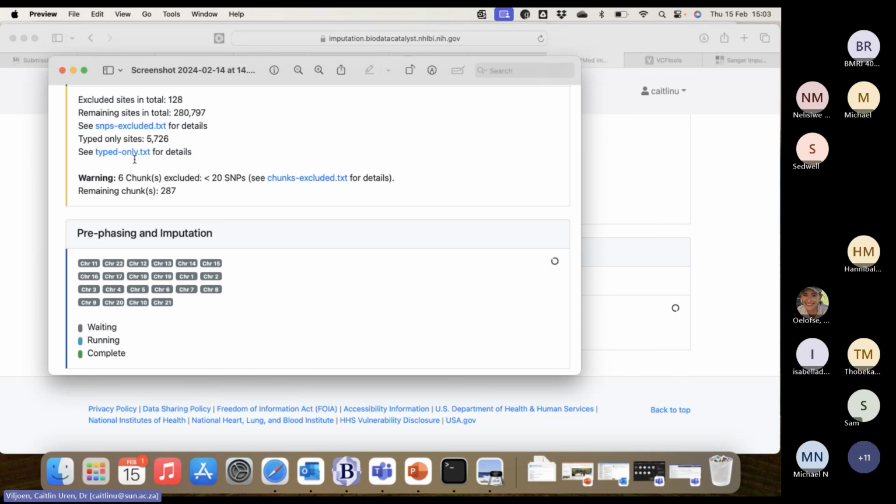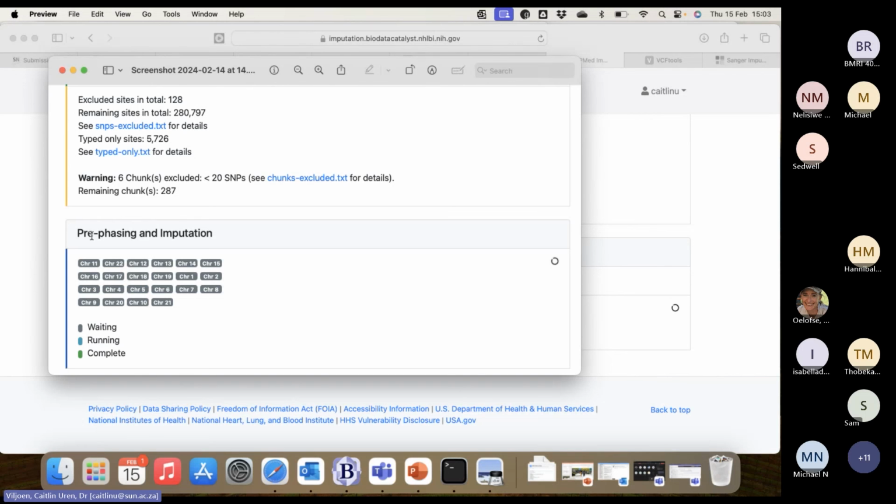And this just gives information about how it's divided the SNPs up into chunks, at least 20 SNPs per chunk, and it excludes chunks with more than 20 SNPs. So once you receive this information about the quality of the data, you'll see